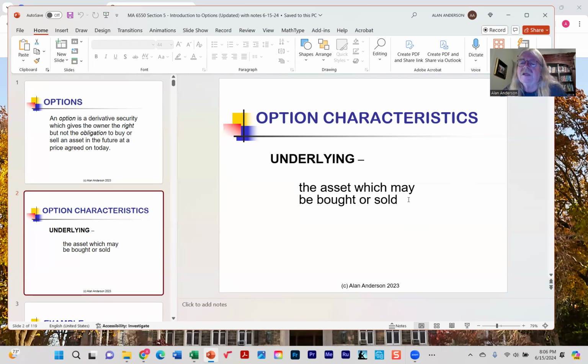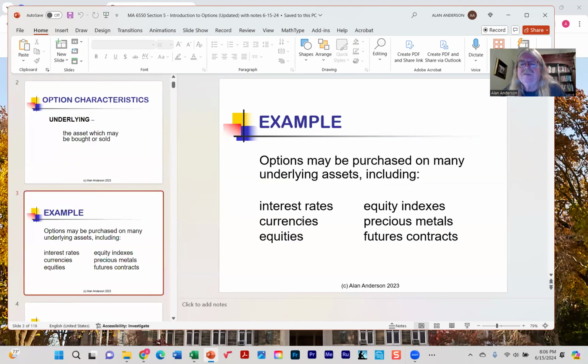In fact, quite a few of them came out in the late 70s when it became clear how useful options really are. Okay, for example, currency options became available in 1976, interest rate options became available in 1979, and then we go on and on. And so as the market expanded, more and more types of options became available, and now the number of possibilities is almost unimaginable. So anyway, yes, so here's some of the things you can buy an option on: interest rates,